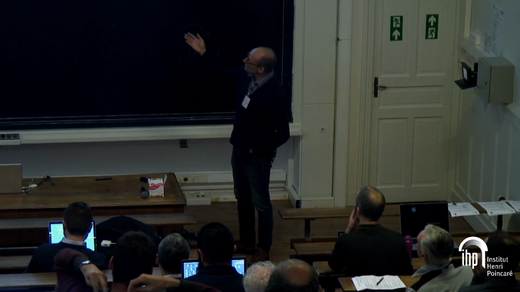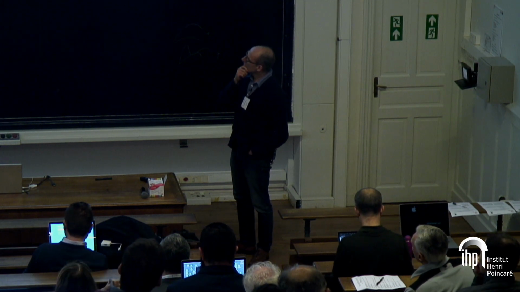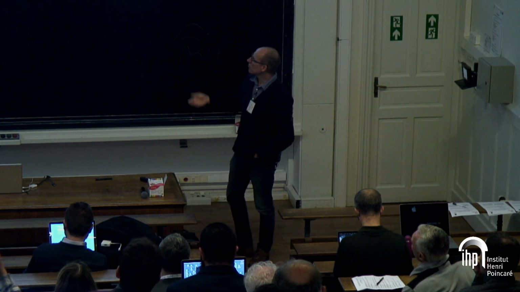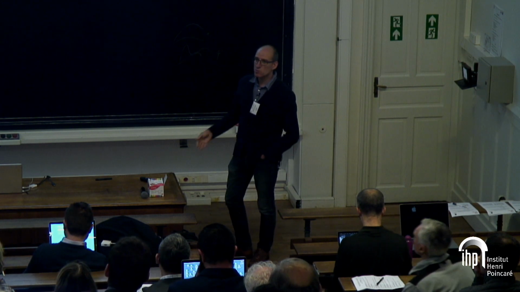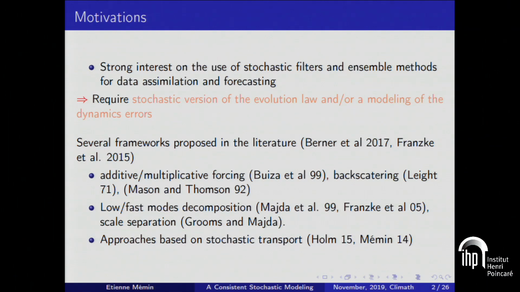There has been work to build reduced order models based on a slow-fast mode decomposition with some ansatz on the fast modes, mainly a linear ansatz for these fast modes. And I want to describe a different approach based on stochastic transport. You have seen one example, which is related to the work of Darryl Holm, and then I will present another one,